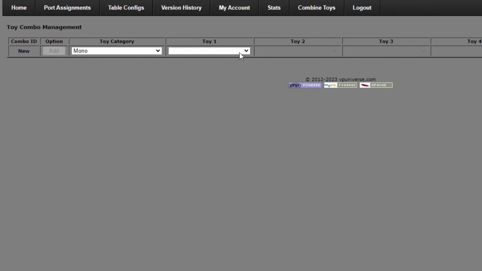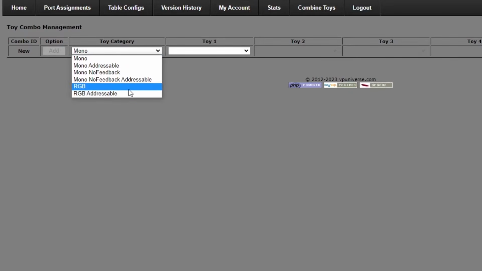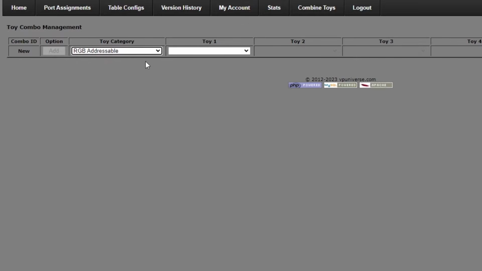Now here, we can actually put in multiple effects, maximum of 4 per port. And then from that previous port assignments, instead of just selecting one, you can actually go and select a combo, which is what we're going to make now, and then you can have up to 4 effects on one port. So to do that, you go over here,